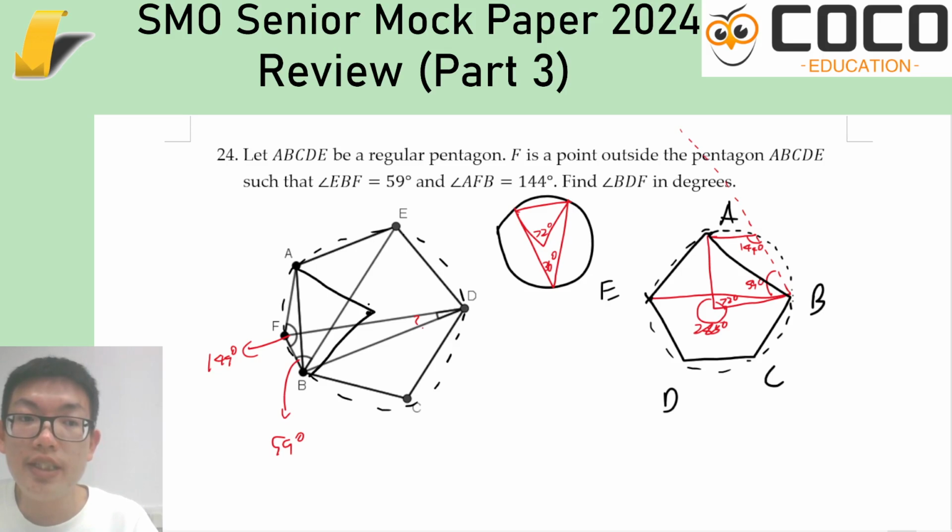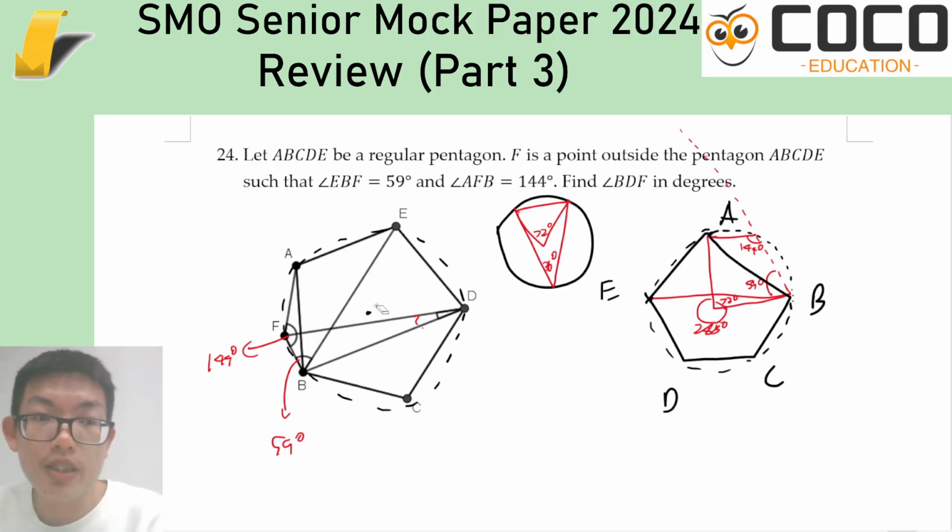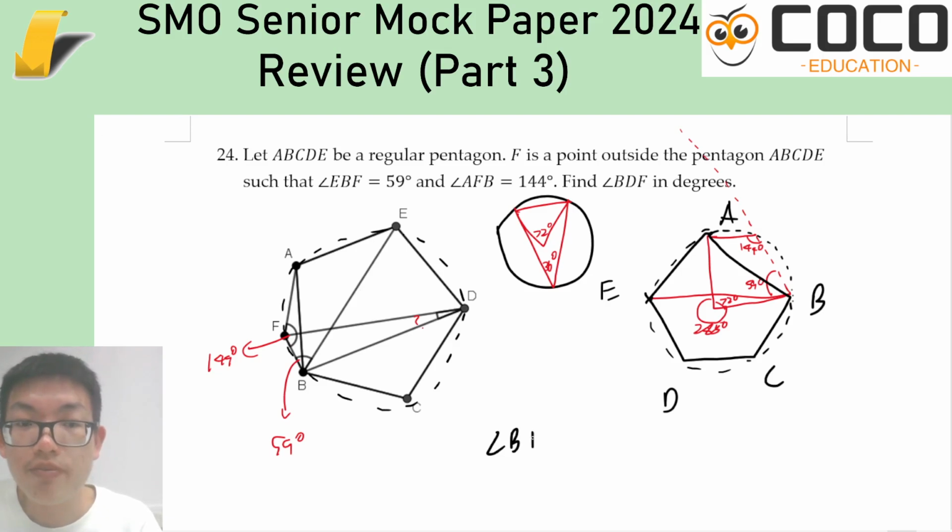Suppose it goes through A, B, C, D, E. Now this will be 288 degrees. That's twice of 144 degrees, so F also lies on the circle. Easy explanation, not easy to see that that is the significance. So not easy to notice, but easy to justify, and also quite easy to use because now BDF is just going to be equal to BAF by angles in the same segment. This is 144 degrees, and your angle